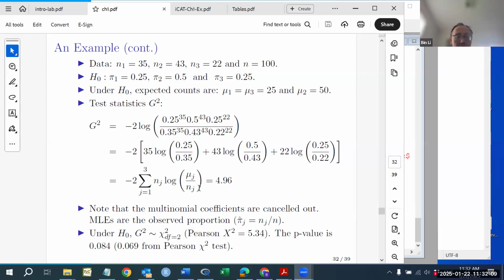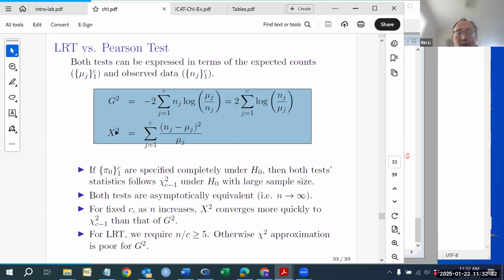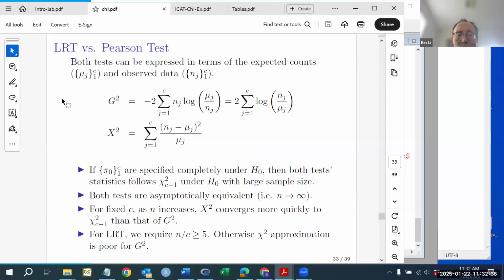Okay, so you can see the Pearson's chi-square and the likelihood ratio test give you very similar test statistics, and the conclusions are the same. So a question is, this gives you the test statistic for the chi-square using the Pearson's and the likelihood. Okay, so which one is better? And what is their